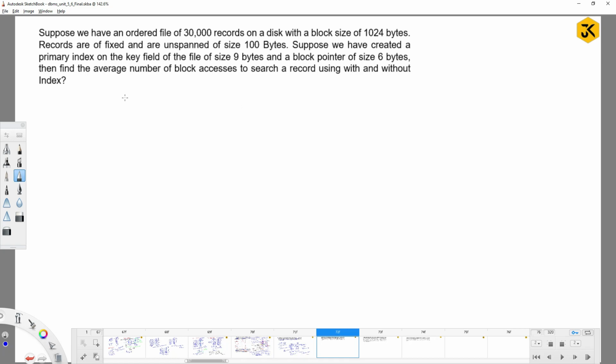Hi, let's see one of the questions on indexing. Suppose we have an ordered file of 30,000 records on a disk with a block size of 1024 bytes, right? So the total number of records is 30,000 and the block size is 1024 bytes, guys. Records are of fixed length and unspanned, of size 100 bytes, meaning that